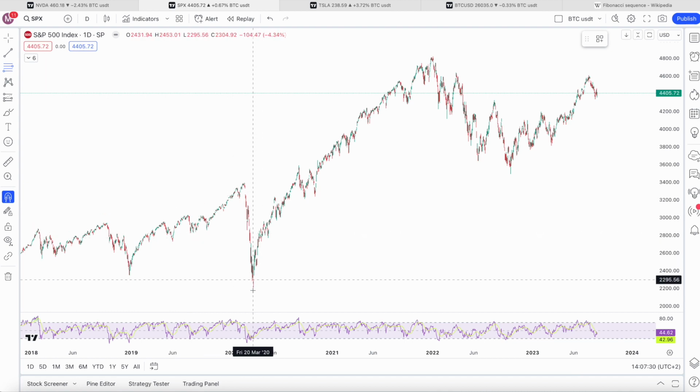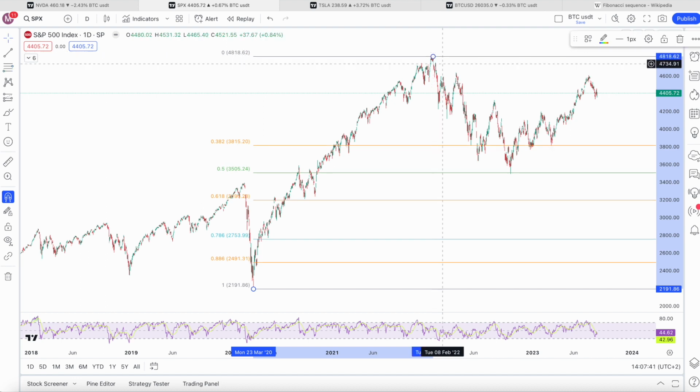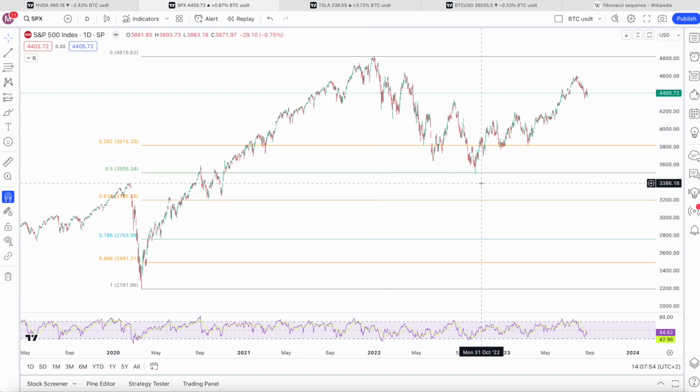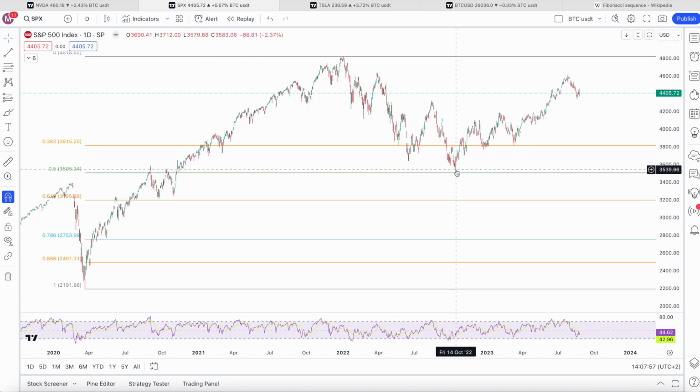So look at this. Here we have the COVID crash in 2020. So I use again the Fib retracement. I take this swing bottom, I go to this swing top and look at this. 50% retracement. Remember, this is not a Fibonacci number, but the 50% retracement is something which I think is quite important for human psychology. And I remember this day when I was on my laptop and we had a very red day. So we had a massive move down, but then when it touched the 50% retracement,